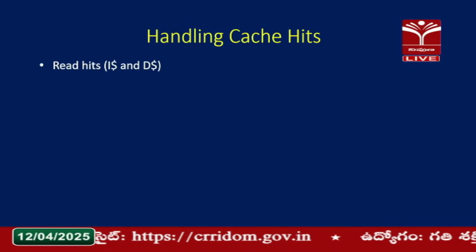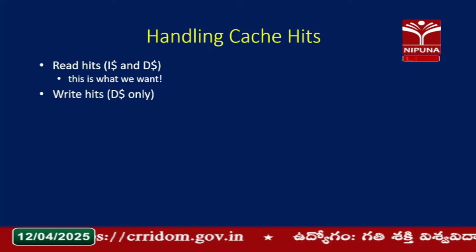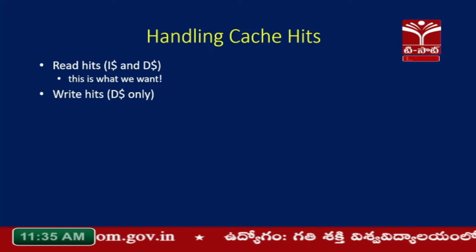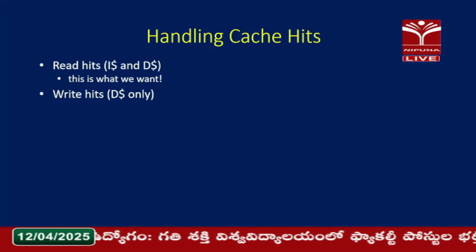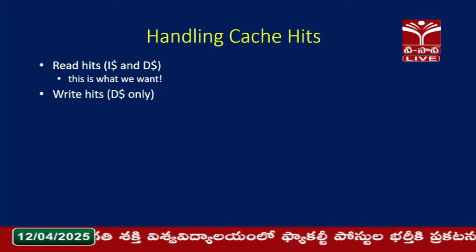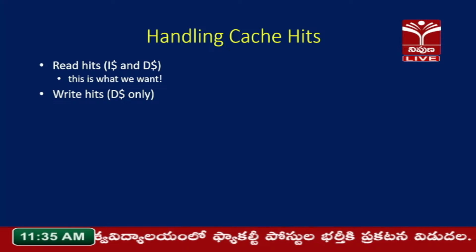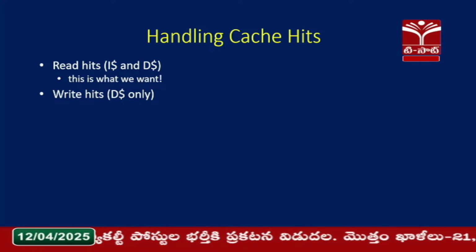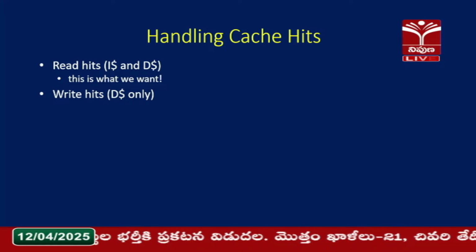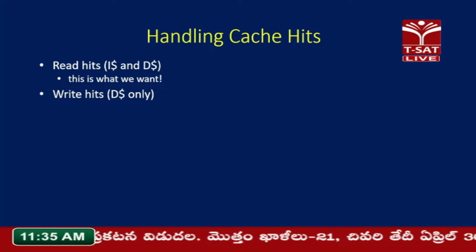So, handling cache hits. You look at how you want to handle read hits and write hits. Anytime you have a hit, that is what we want, because the penalty is only 1 clock cycle, and then we can go to an ideal CPI equal to 1. Anytime you have a write hit,